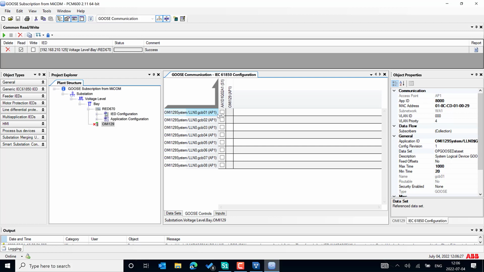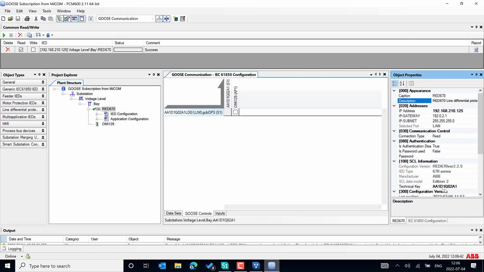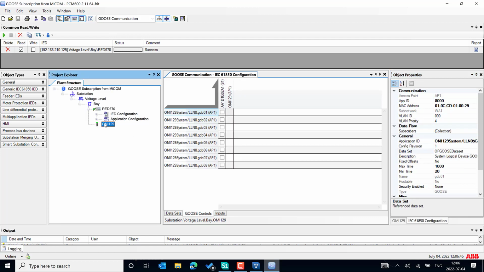We basically wanted to subscribe one of the GOOSE control blocks. We can just select source to destination. So the destination ID name we can see here, the RED 670 D1Q0 to A1. So select the publisher, and this is the GOOSE control block where exactly we wanted to subscribe. So you can just enable here,